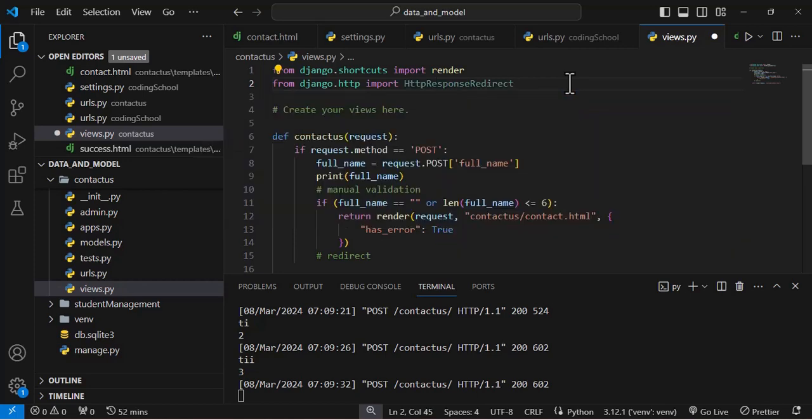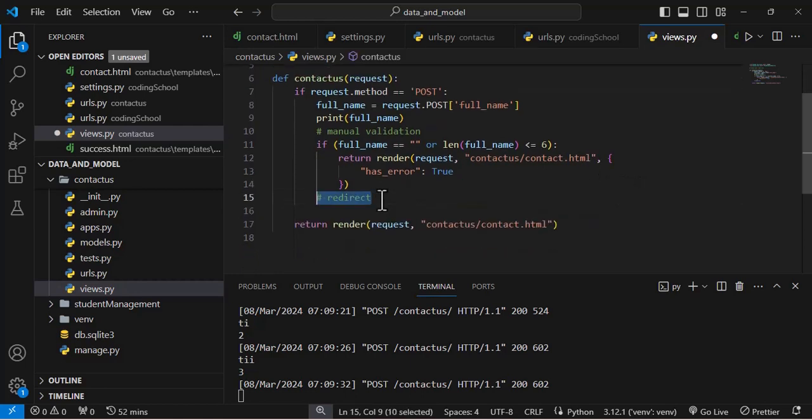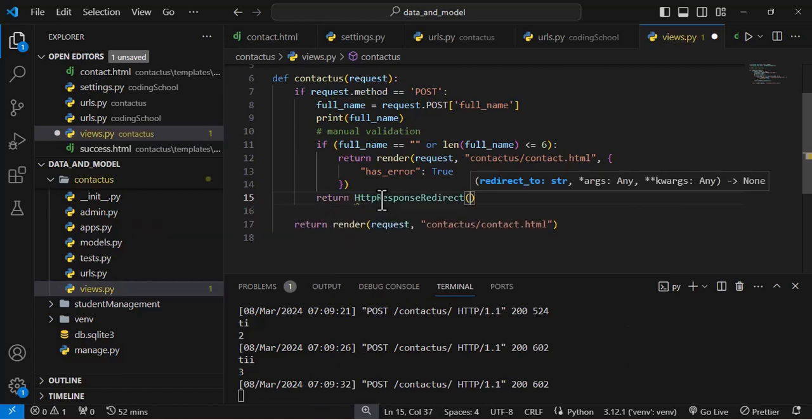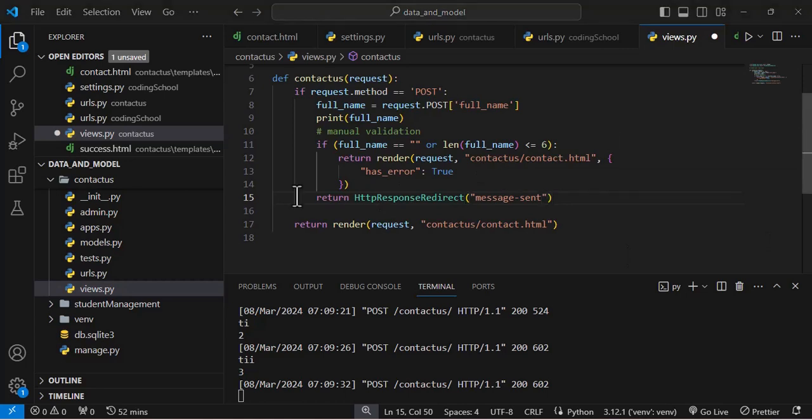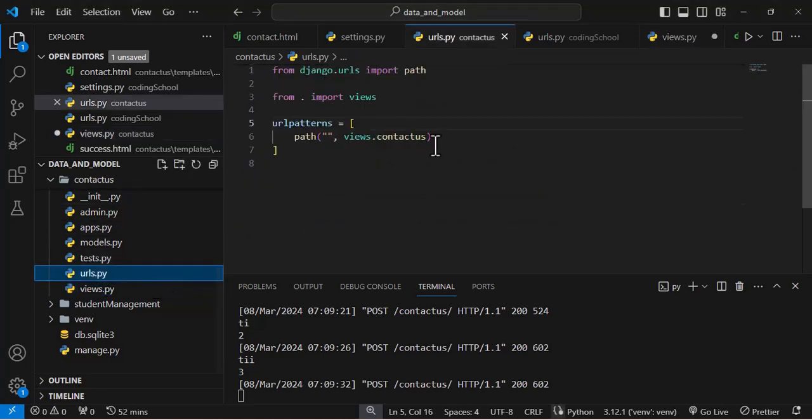So HttpResponseRedirect. Now that I have that, what I just need to do is come in here and do return HttpResponseRedirect, and let me redirect the user to message sent. Of course, don't forget that I have not defined this message sent URL, and to do that, what I need to do is come in here to the URLs and then duplicate this